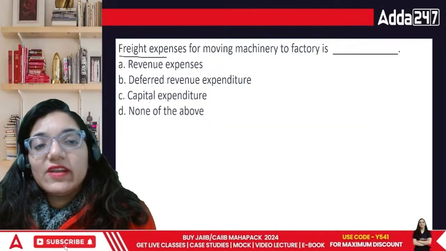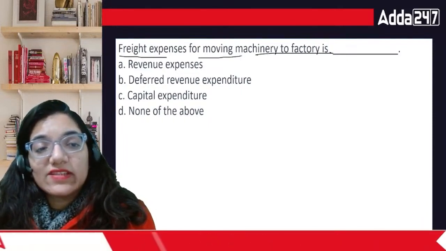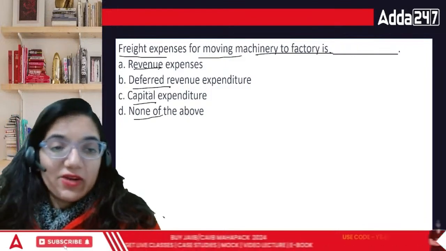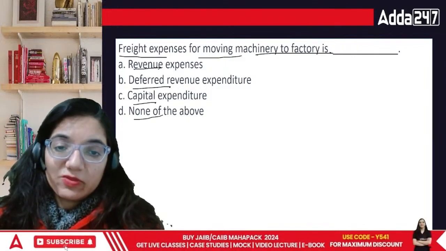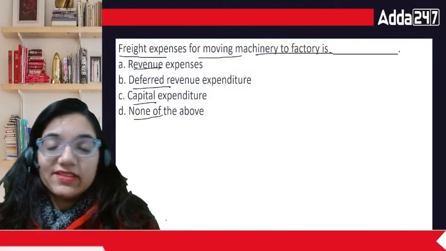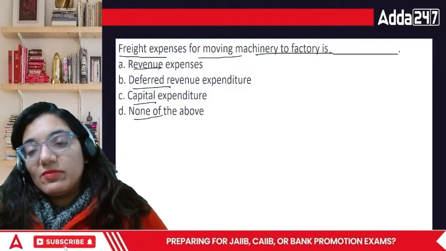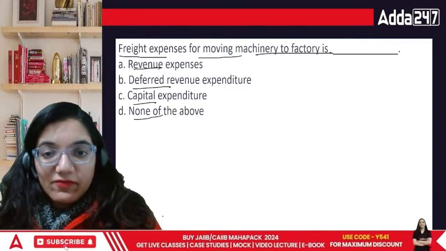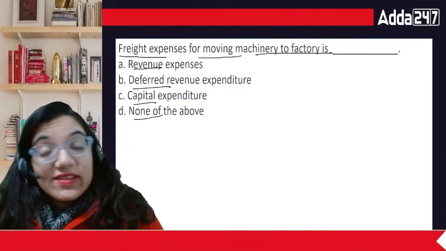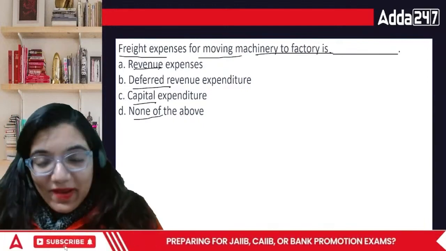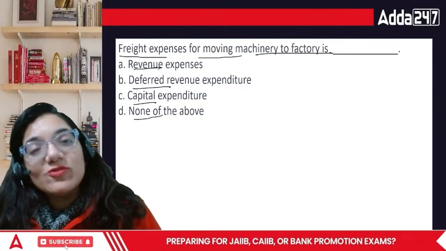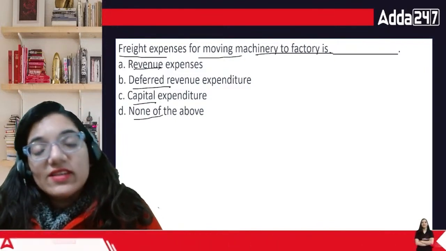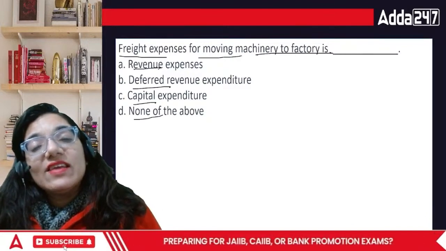Okay. Then comes the freight expenses for moving machinery to a factory. Revenue, deferred revenue, capital, or none? Without this freight expenditure, you could not have got this particular thing at your place, isn't it? If I wanted to move it to my place, I couldn't have done that if the freight expenses were not paid. For example, I bought that particular AC. Till the time the AC doesn't reach my place, how is it ready to use? Even though I've bought it, it has not reached my place yet. So in this case, what will happen? It would be treated as the area of